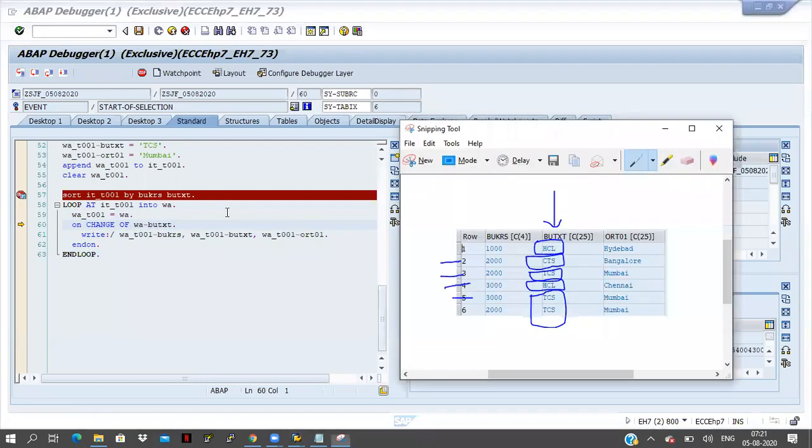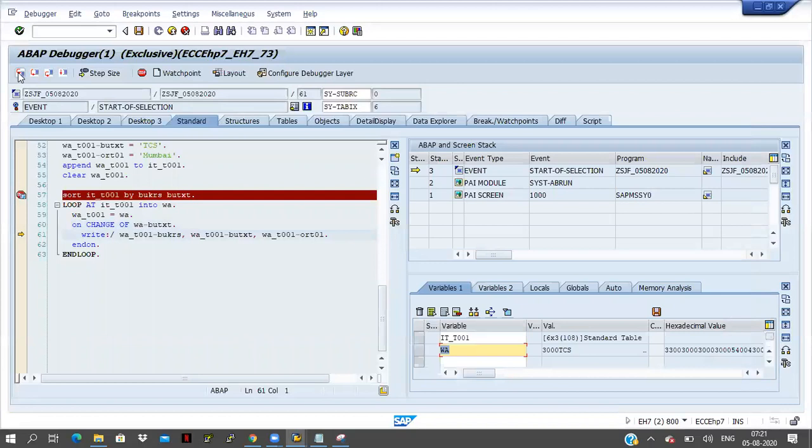Now I am in the sixth record. So the sixth record is not the first record of this block. This is the second record. TCS is coming, even though the previous value is different here. This is a 3000, this is a 2000. But it won't consider the previous value. It won't consider the left hand side value. Only it will check the company name only. It won't check company code here. If I click on F5 button, it won't go inside here. Sorry, it is going.